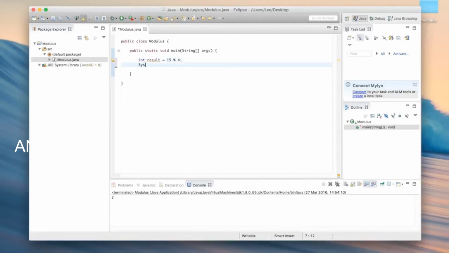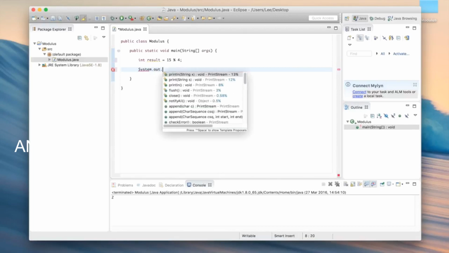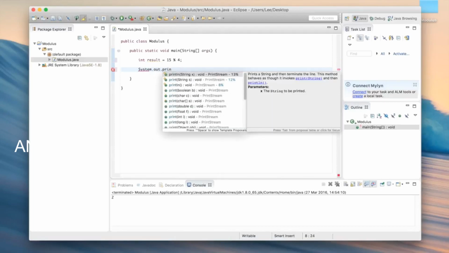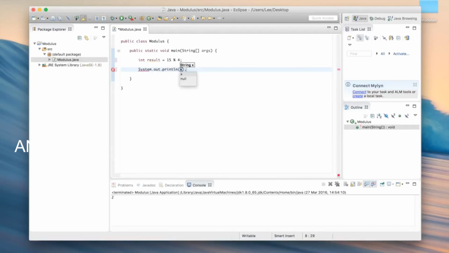So if I print this out, System.out.println, typing is terrible today, and then put result, you'll notice that there's a 3 on the output there. So we could do another one of those. So let's do 10 and 2. Now 2 goes into 10 5 times